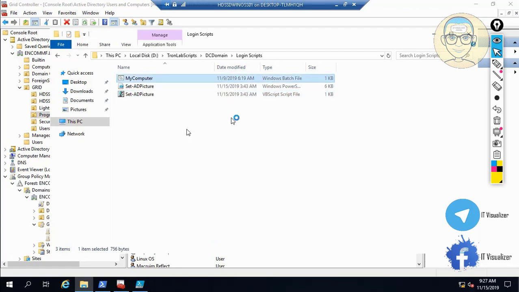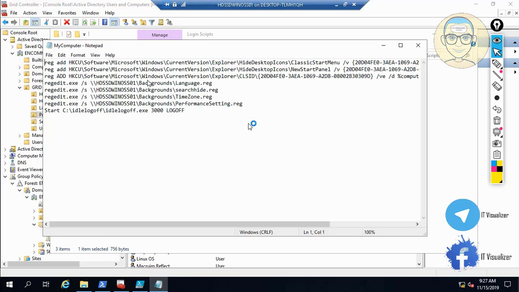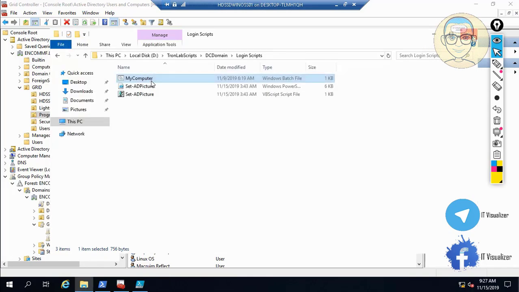here I'm just editing the script. We can see that the location is background. This is the folder that I shared a couple of seconds ago, that will contain the registry keys. Okay,